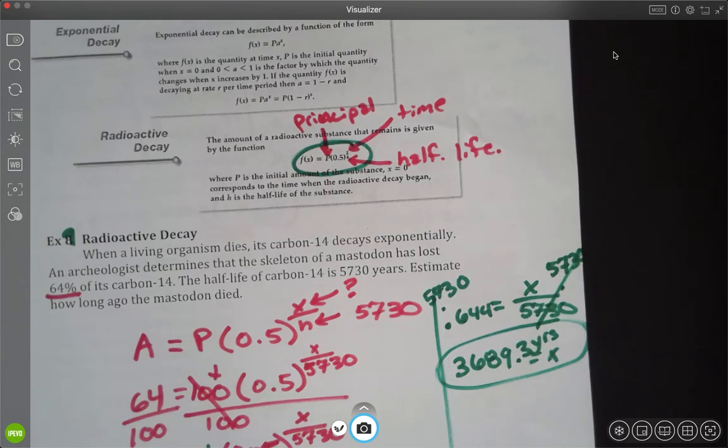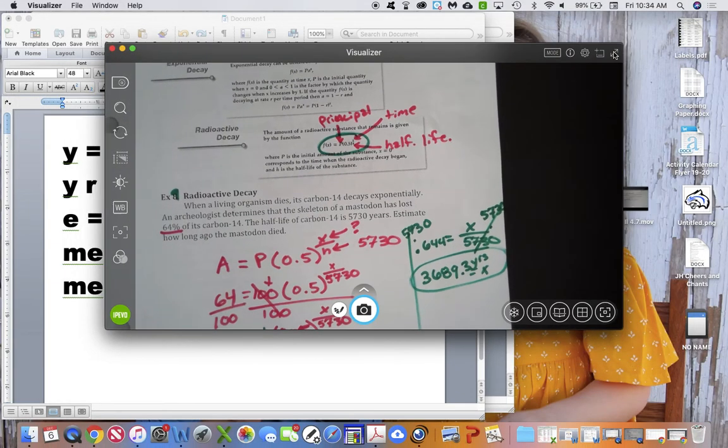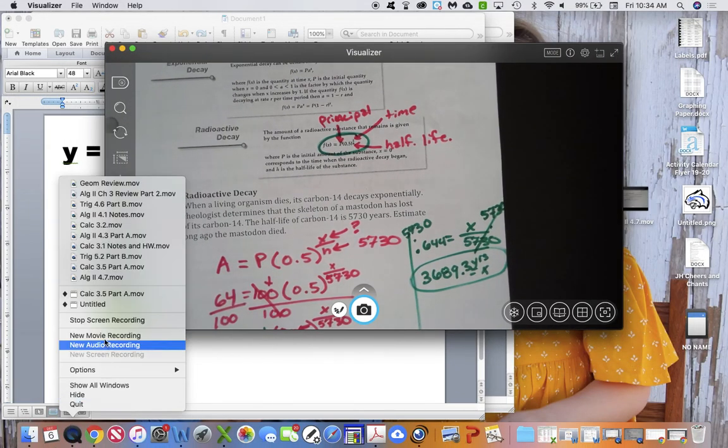That's what happens with radioactive decay. Okay? That was a tricky one because they did not give you the principal to start with, so you can make up your own principal, or you can just set it equal to 0.64 to start with. It'll also get a lot harder when you get to smaller percents, because that one was super easy. Right, exactly. Like if you have only 1% of